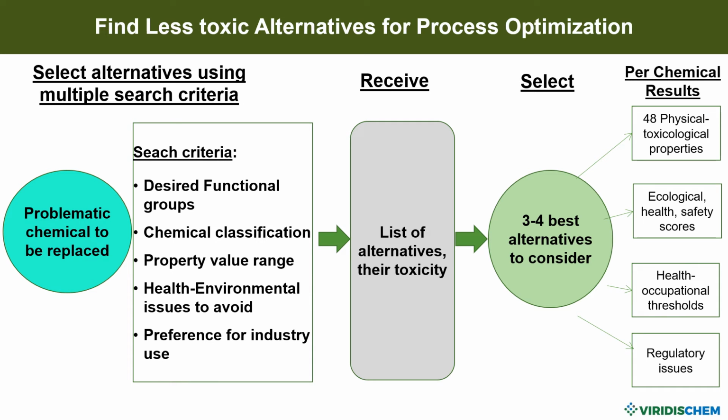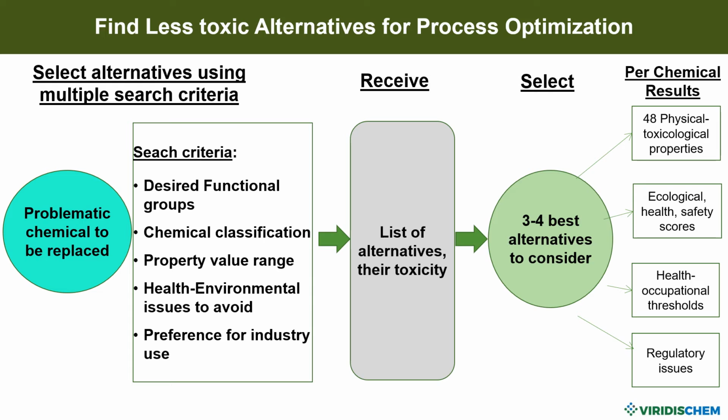Utilizing its advanced search feature, Chemical Analyzer identifies the least toxic chemicals you can use based on your specific reaction needs. You can specify as a search criteria the physical and toxicological properties value range, what functional groups or classification of the chemicals are needed for the reaction, and if there are any specific environmental or health risks that must